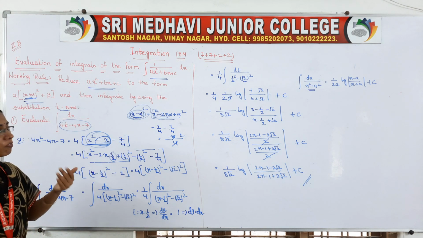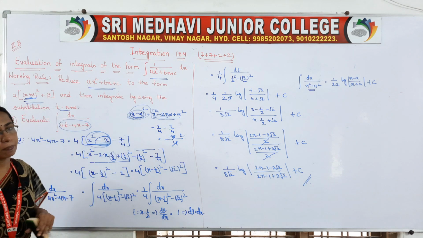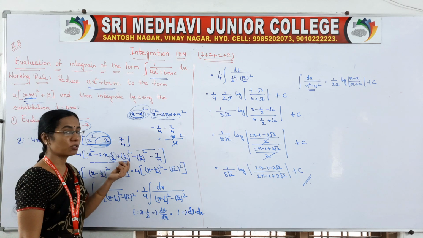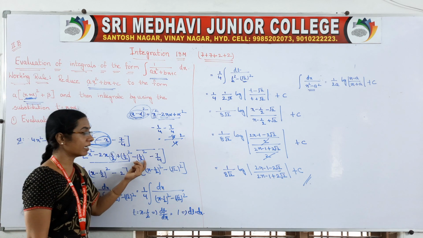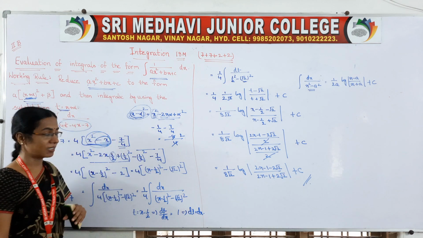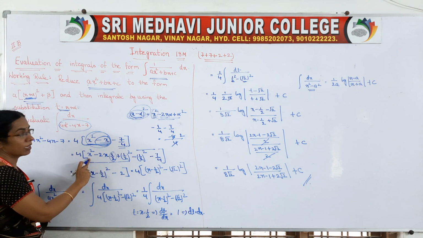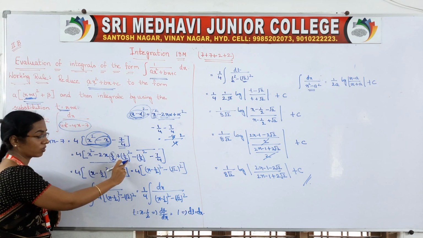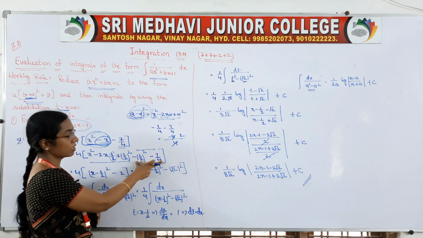Next we need alpha square to write into this form. So alpha square, how we can write? 1 by 2 whole square. It is not there, but we have to write. That means adding and deducting. Then this value is taken as it is. Now from here to here if you observe, it is x square minus 2x alpha plus alpha square, x minus alpha whole square. Now simplify these two.